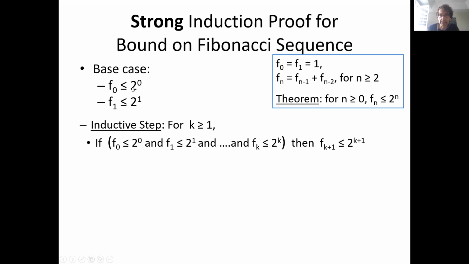You just check by hand that this is true and this is true, which it is, because f0 is 1 and f1 is 1, right? But you modify the inductive step so that instead of trying to argue that the predicate is true at step k plus 1, based only on the assumption that the predicate is true about an index immediately before the one you're trying to prove about, instead you add yourself